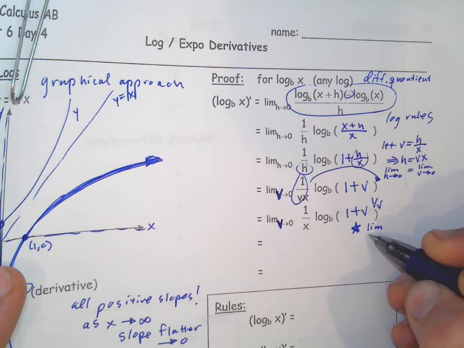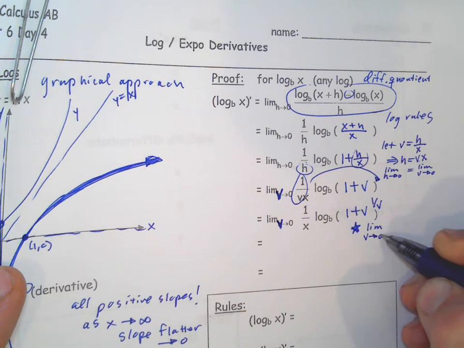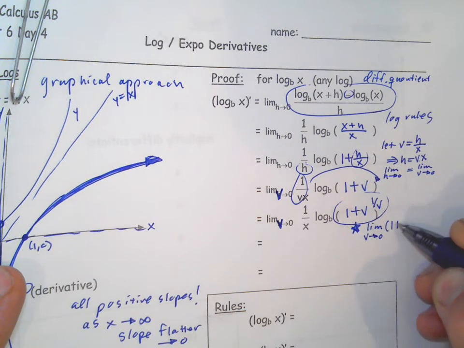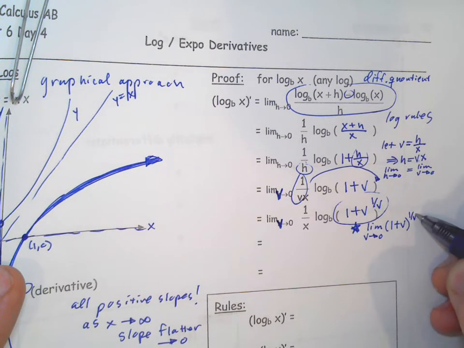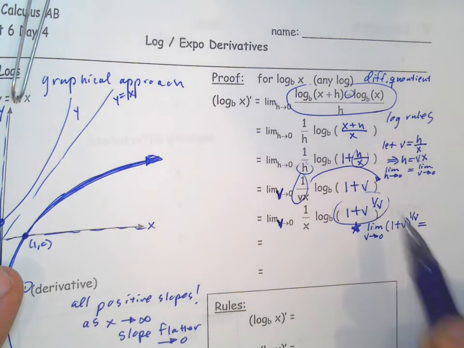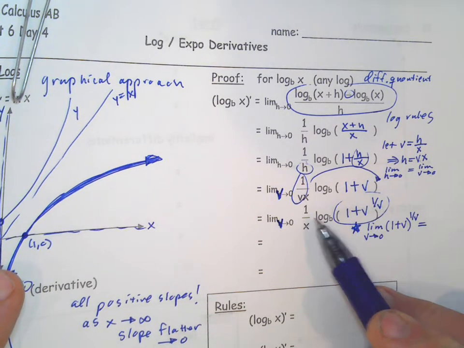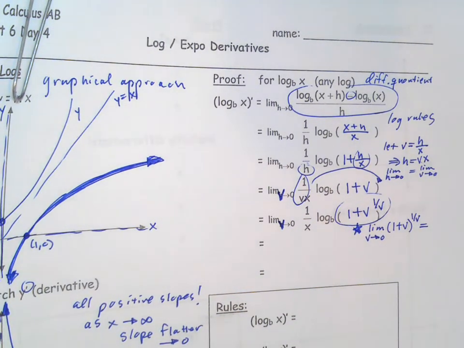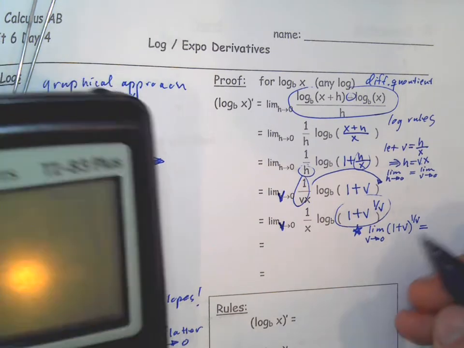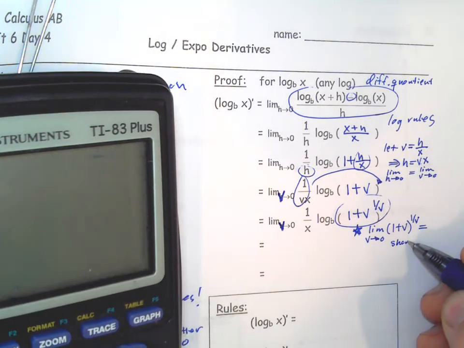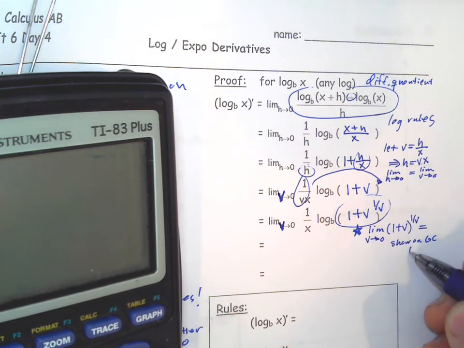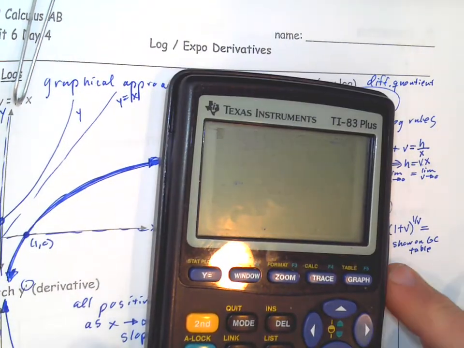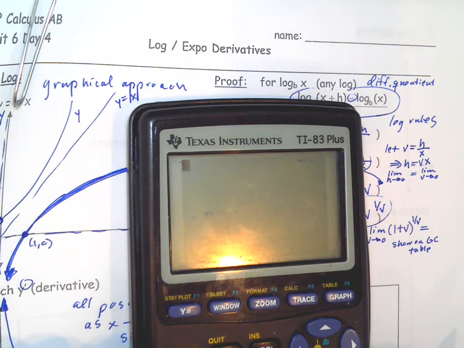Limit as v goes to 0 of just this part right here, of (1 plus v) to the 1 over v. So we know that with limits, we can take the limit of what's inside and then take the log of it afterwards. But let's see what happens with this. I'm going to use my graphing calculator. I'm going to use a table function to just punch a bunch of different values in. So if I go to table,